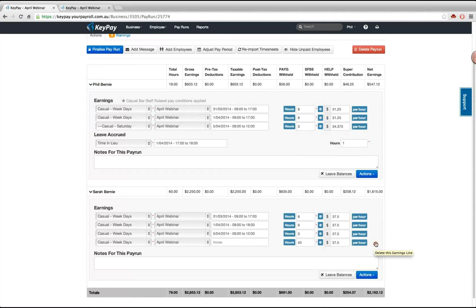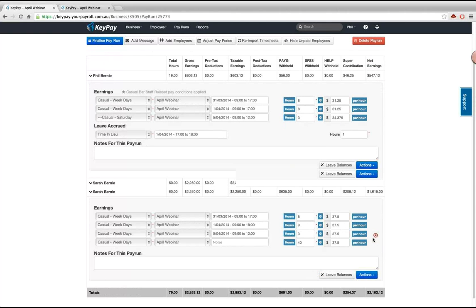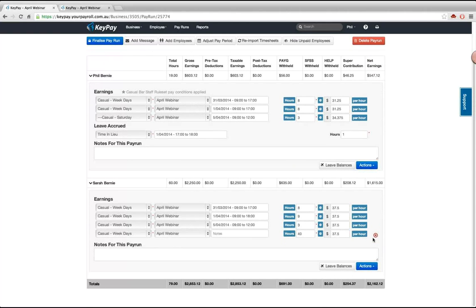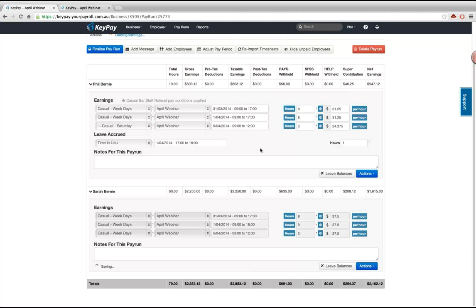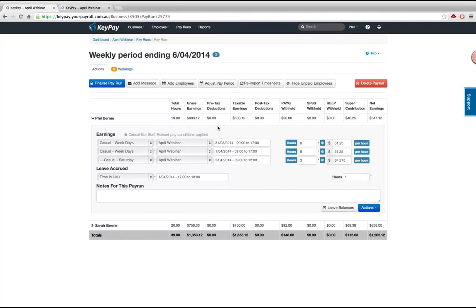So that's just something to be aware of as well. So that's a really quick overview of how the pay conditions rules work, and on its own, it's actually really quite powerful. But what we can do is use those rule sets to then build up some additional things like